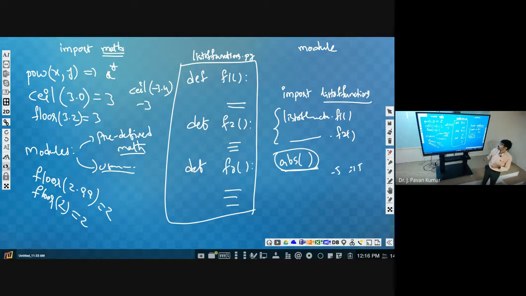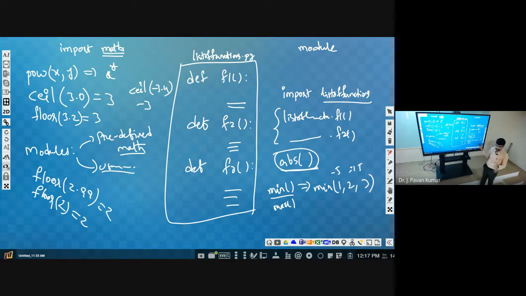Understand? Another two important functions are minimum and maximum. Given a list of integers, how do we find the minimum one? We assume one element as the minimum, then compare it with all other elements, then we come to know which one is minimum. That functionality we can achieve by using the function called minimum, that is min of some list. You can give a list, a set, anything, whatever the iterable, like 1, 2, 3, then it will return 1.